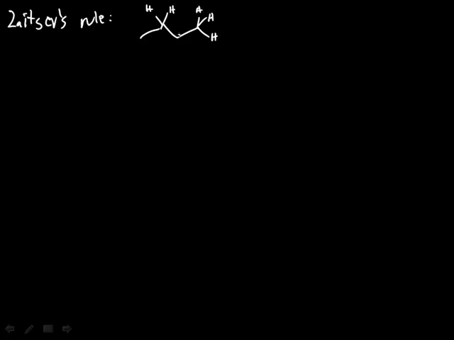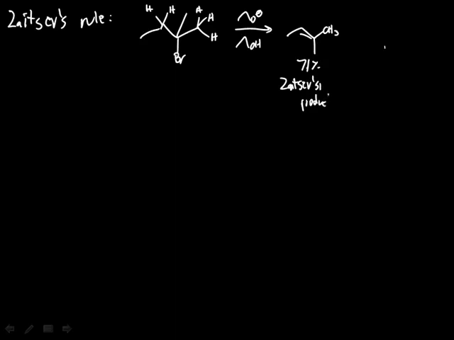So if we have a methyl group here, then using, say, ethoxide in ethanol, we will get some elimination from this side, to give us 71% of this Zaitsev product. But a minority of our material will come from a reaction which gives a so-called Hofmann product,